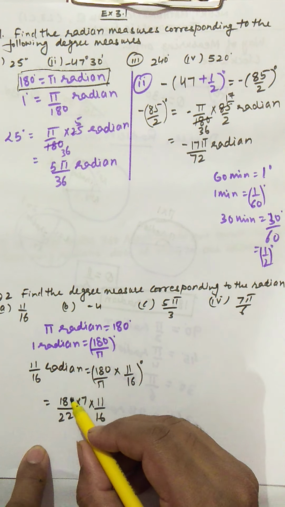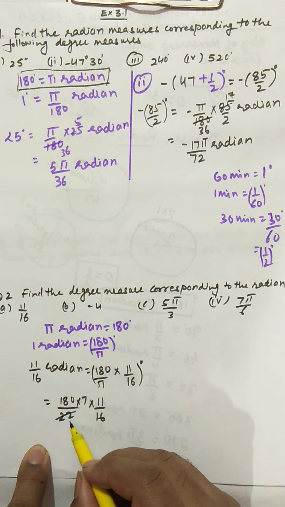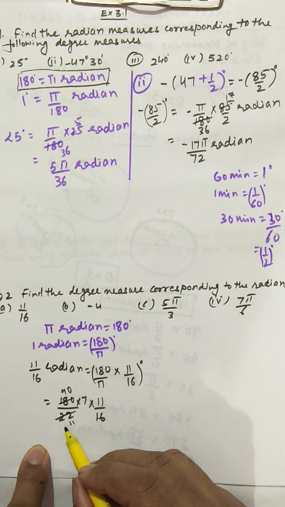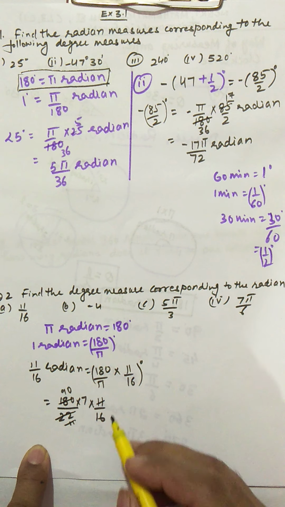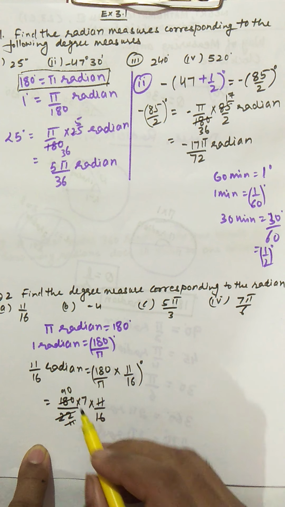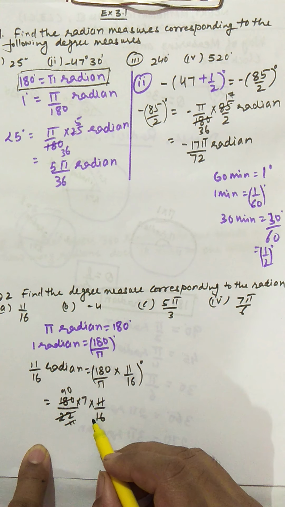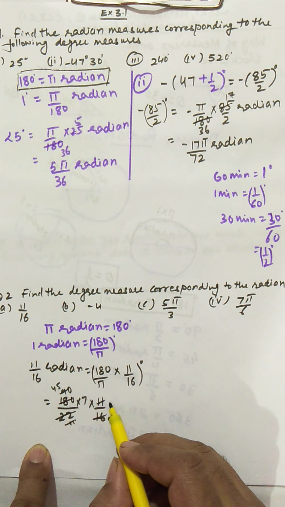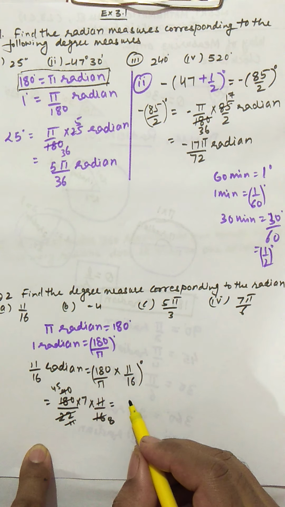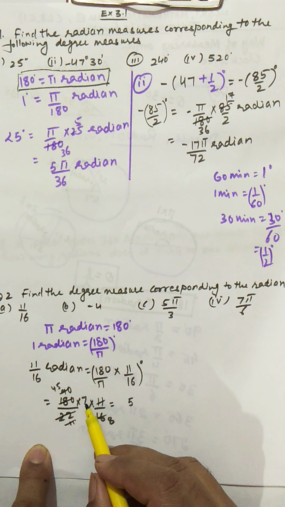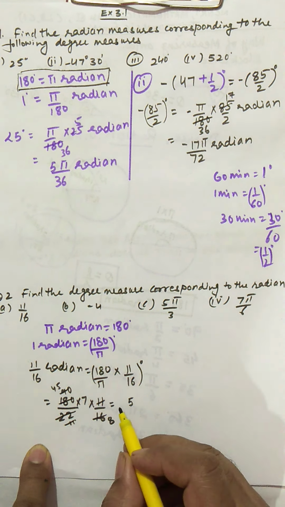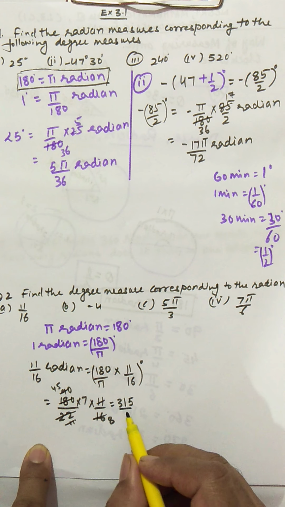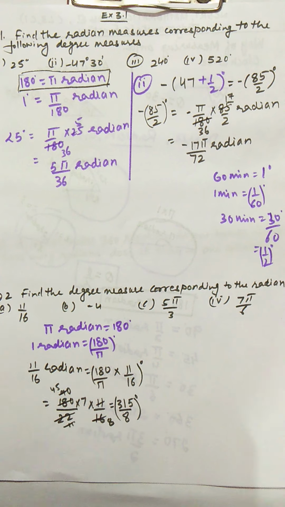So do some calculations. If I cancel it by 2, then 11, and this is going to be 90, and this 11 will get cancelled, and this is now 90 and this is 16. So this is 2, this 8 and this is now 45. So now it cannot be further simplified. So 7 5s are 35, carry 3, 7 4s are 28, 28 and 3 is 31, and this is 8. But the problem is that this is in degree and this has to be simplified.